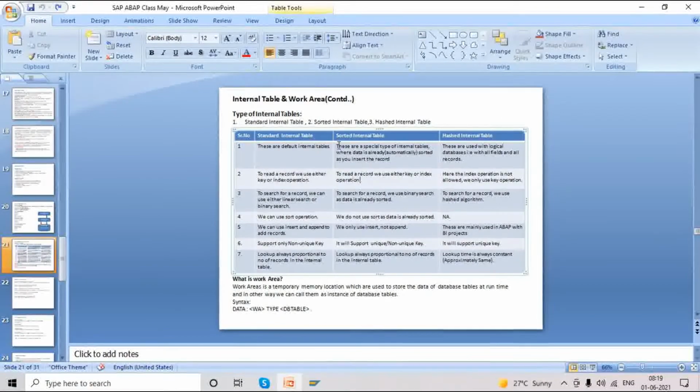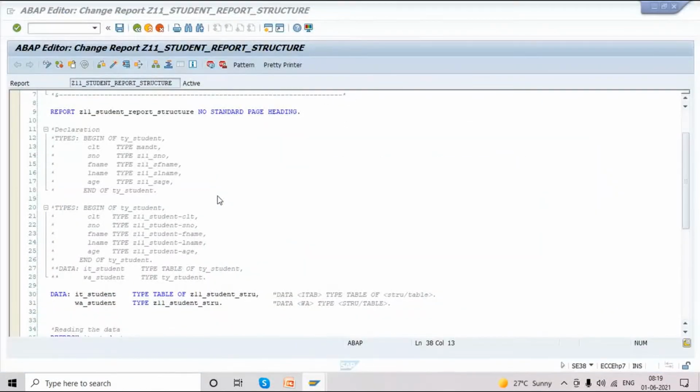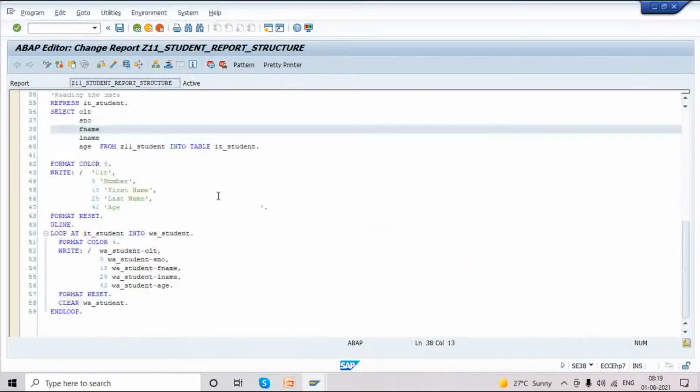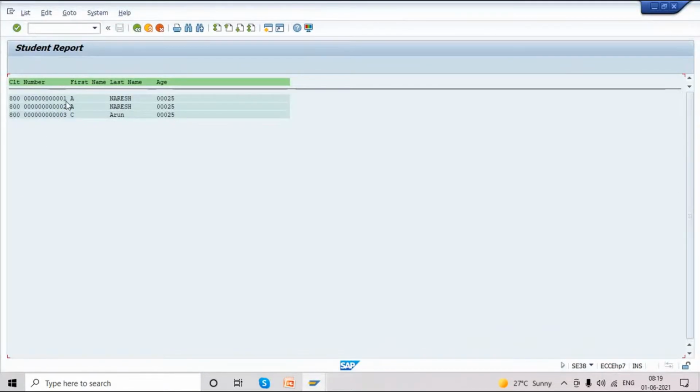Basically, sorted table means whenever we create this sorted table, by default data will be sorted automatically. Let me show in table. So how many entries we have in this table? Let me execute. 1, 2, 3 we have.